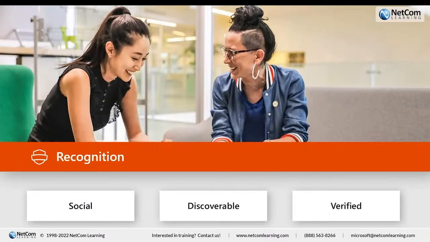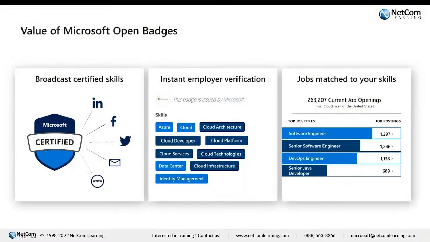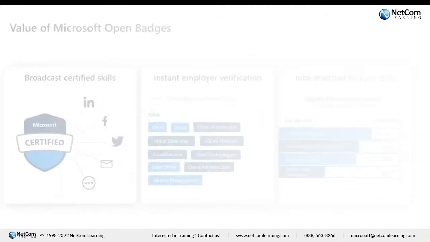You can add it to your LinkedIn profile, and this actually also solidifies your role in your current employment, or if you're looking for work, then this really helps you to land that job that you want. Okay.